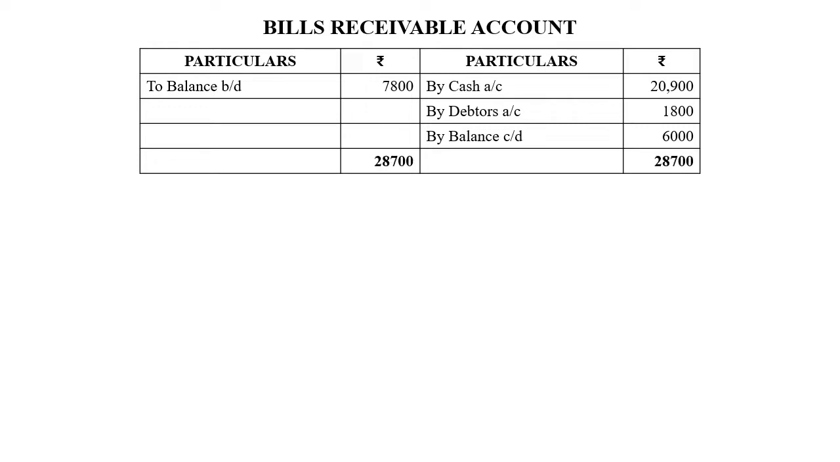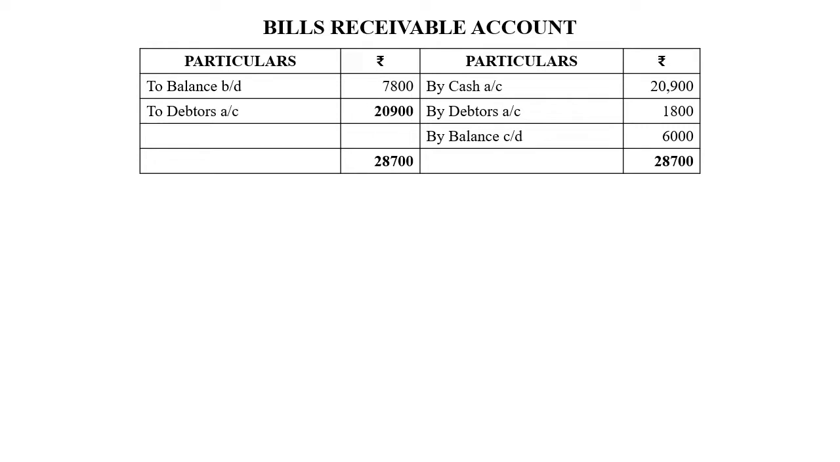So your total is 28,700. 28,700 is the total. So now your debit side total is less, which means the balancing figure is written on the debit side. In bills receivable, if the debit side total is less, the balancing figure is on the debit side, then it should be transferred to